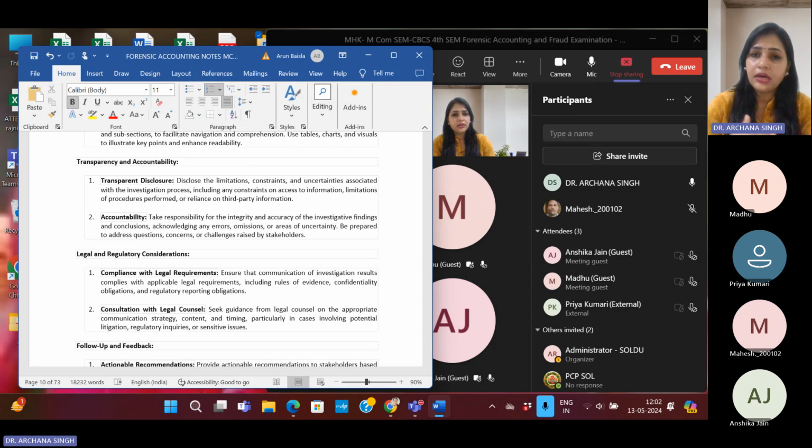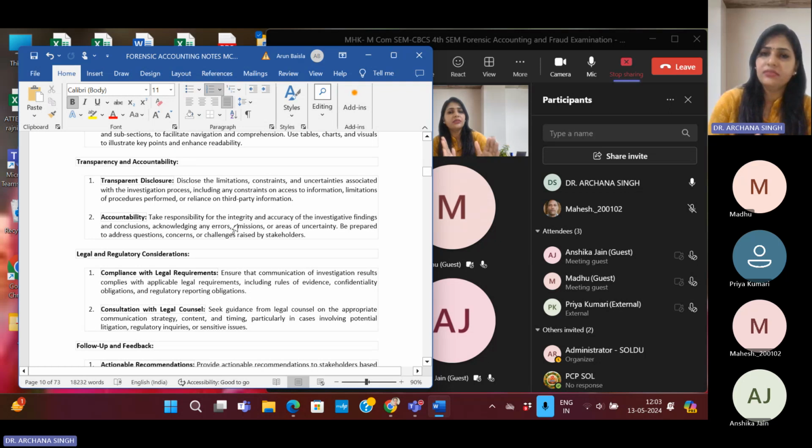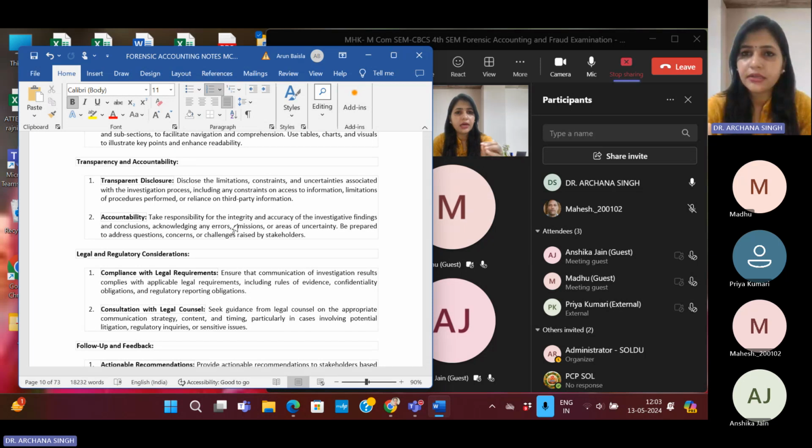Okay, whoever the fraud accountants and auditors are, the forensic accountants and auditors, they had to disclose the limitations and constraints and uncertainties related to the investigation process. Then accountability, they had to take the accountability, or you can say responsibility, for the integrity and accuracy of the investigation, that the investigation findings are very accurate and the conclusions are accurate, true and fair. Okay, so they had to take the responsibility of that accuracy of the